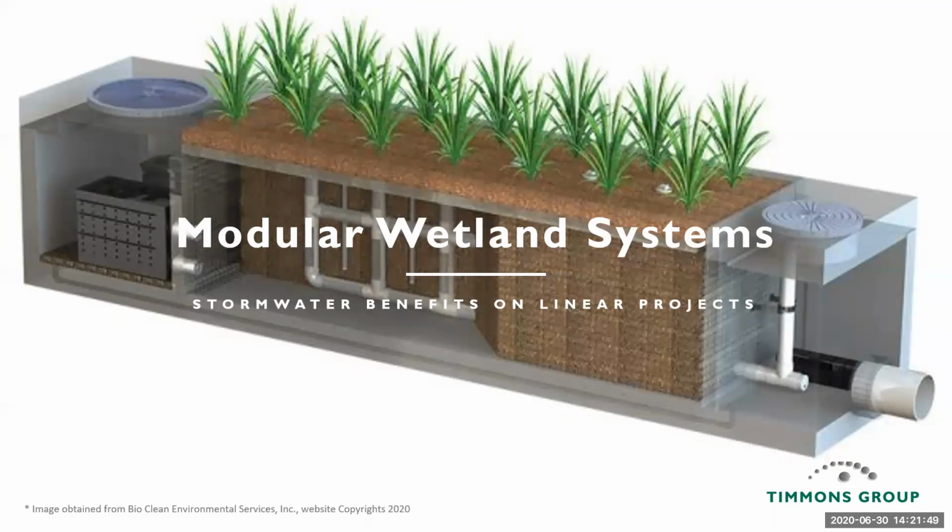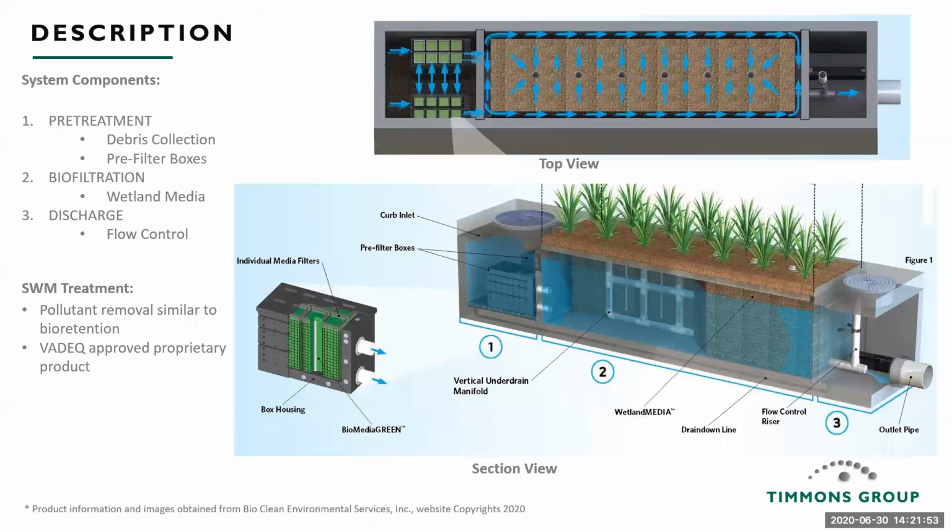The last system I'd like to look at is the modular wetland system. There are a lot of proprietary options approved for many state DEQs, through their clearinghouses if your project is just looking to have a water quality component. For instance, if you don't have a natural channel within your limits of analysis, or your downstream man-made system is more than adequate to handle your improvements, this would be a situation where you would want to look at some of these quality BMPs. Due to space constraints, proprietary devices become very appealing.